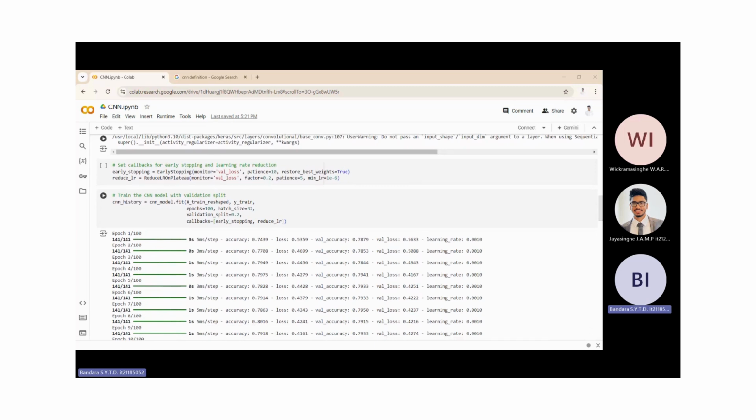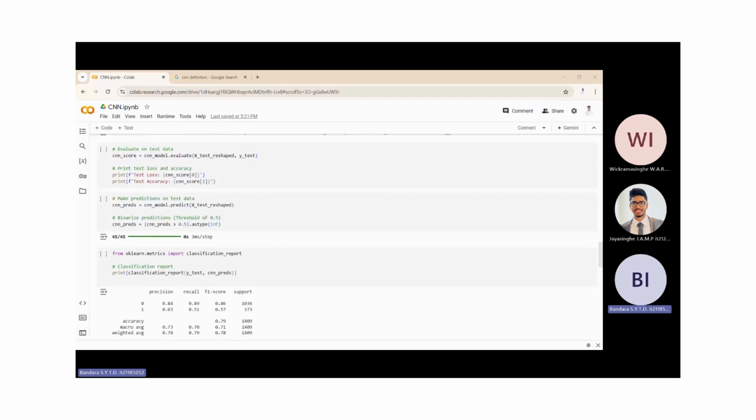And after that, train the CNN model with the validation split. In the CNN model training, the training parameters are the y_train, x_train reshaped, epochs, batch size, validation split, and callbacks.